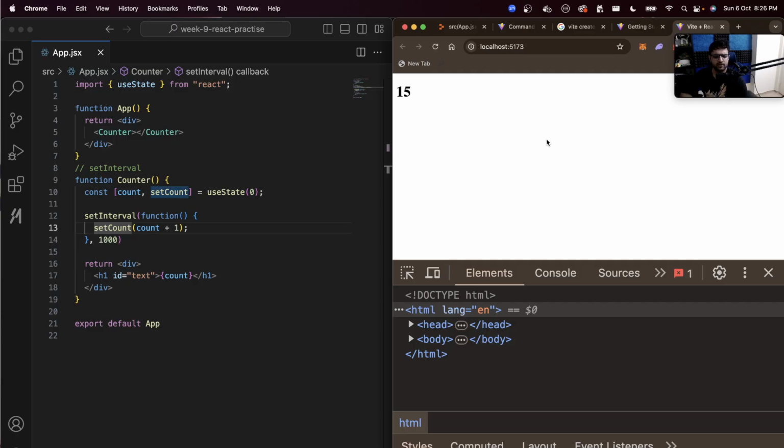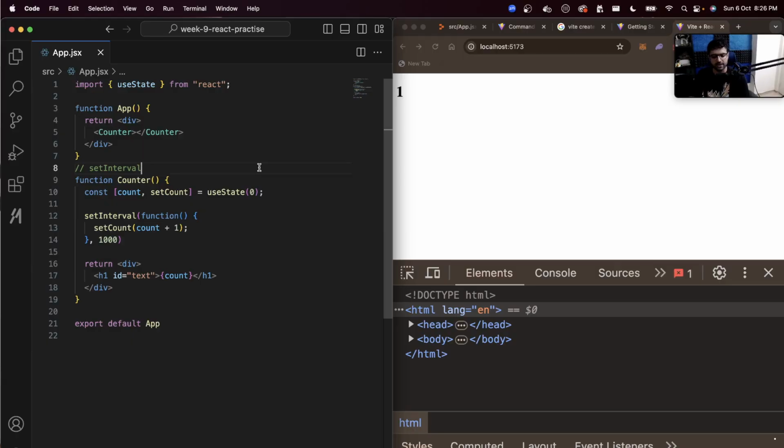Can you see there are a lot of flashes on the UI? The UI is going from 0. And now for some reason, something weird is happening. What is wrong in our code? What mistake have we made? It looks pretty simple. It was working just a while ago. When I have